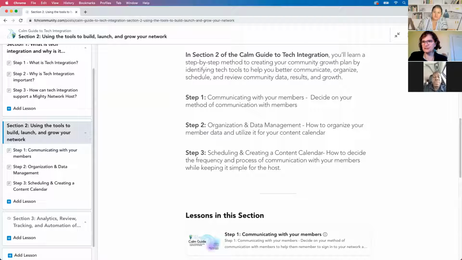I think that's Deb's next Calm Guide, right? You're diving into the analytics. Yeah, so Loy, you're right on pace with what I was going to wrap up with. Next month I was going to try to do it in this section, but I've decided to push it off because there's a lot we could get into with analytics and data. So I'm going to have a workshop next month in December that'll be section 3 of the Calm Guide to Tech Integration. It's going to go over not just how to use tech tools for looking at the content and how it's being consumed, but also how to use the Mighty Network analytics to really be on your side